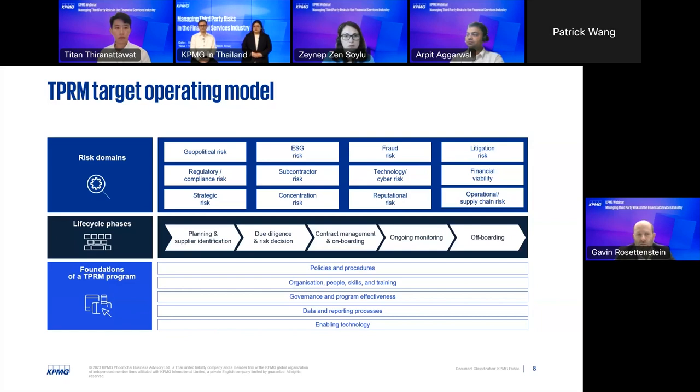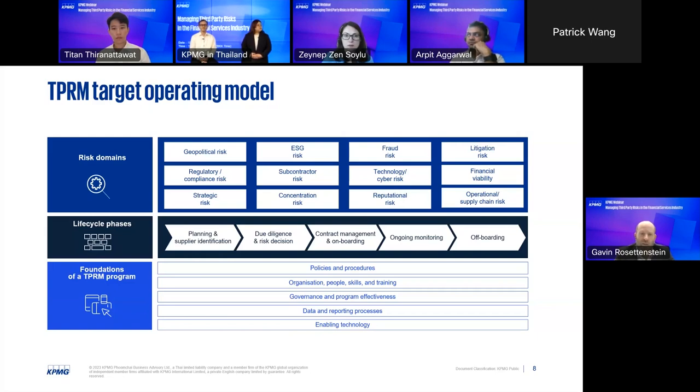So the consideration of those risk domains at the top, they may change for others, but there'll be certain domains there that would be obviously relevant and of high focus for all financial service organizations. So the key thing there is making sure that you've baked it in and you understand what those risk domains are, and that they are holistic, and that you can go deep enough as relevant based on the nature of the service that the third party or supplier is providing to you or supporting you in.